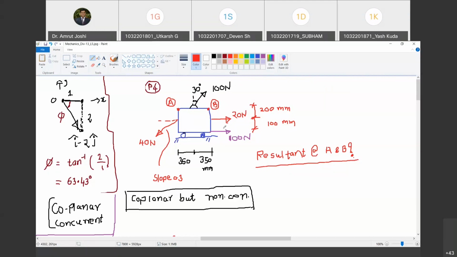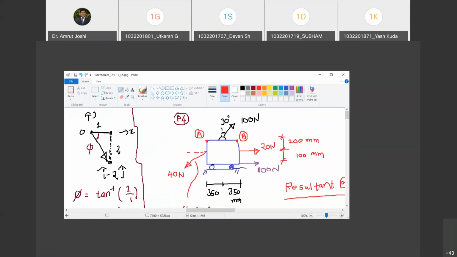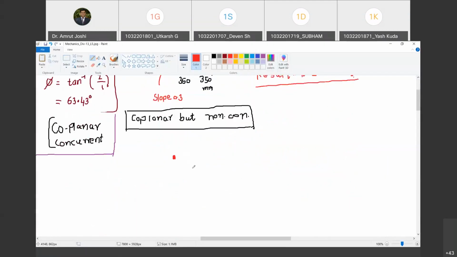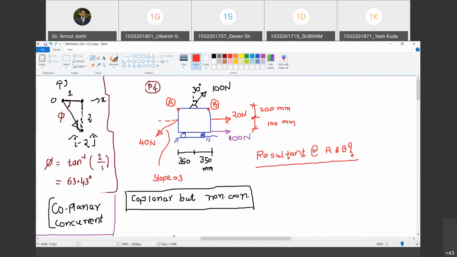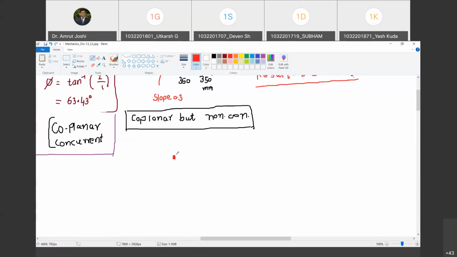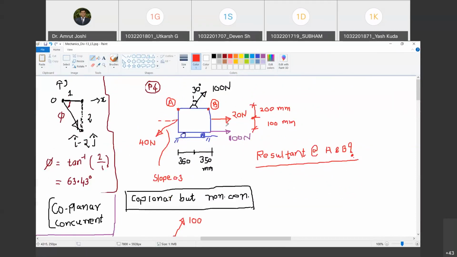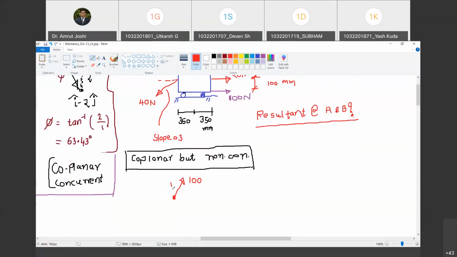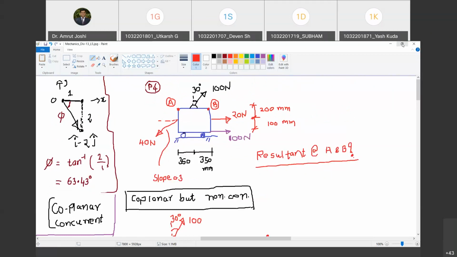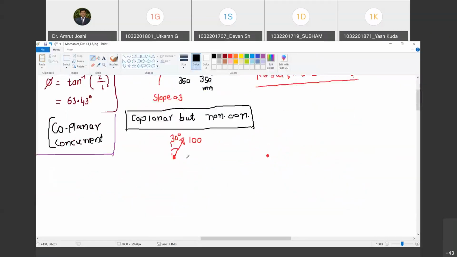Yes, sir. But instead of doing this, what I am doing instead, see. First of all, let me transfer this 100 Newton at A. Are you with me? Yes, sir. So how does it look like? It looks something like this, 100 Newton. Happy? Yes, sir. And its angle with vertical is 30 degrees. So I have shown that. Are you with me? Yes, sir. And the moment corresponding to this 100 Newton, I am going to show it separately. Are you with me? Yes, sir.